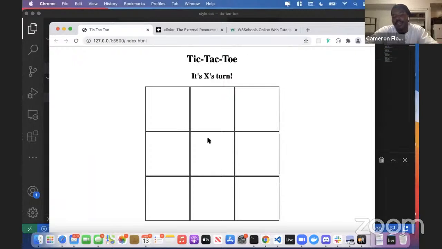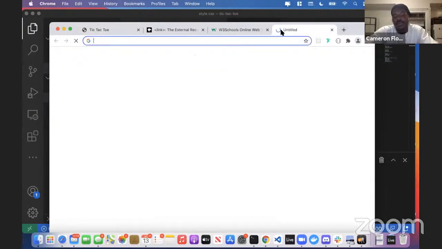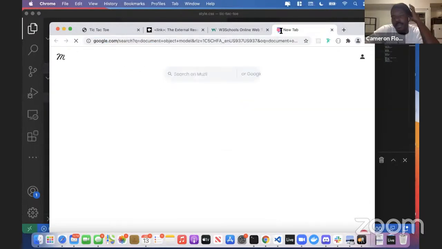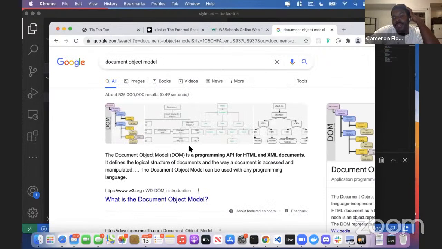And so what we're going to do now is wire this thing up to JavaScript and show how the JavaScript will make this game come to life in a programmatic sense. When a user clicks on the web page, we want to see things happen, right? And JavaScript is what we would use to respond to the different events that the user is interacting with on the web page. Before I do that, there's a very important topic that we have to talk about for a quick second, which is this topic called the document object model,